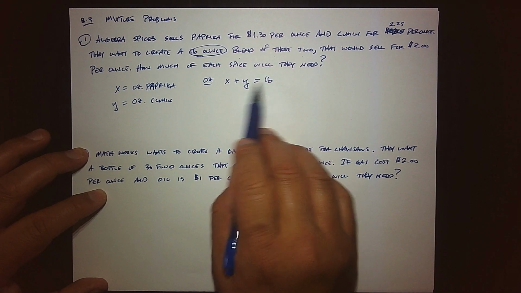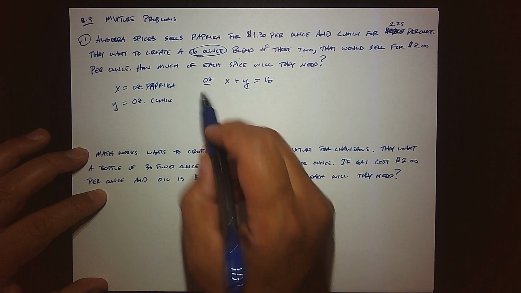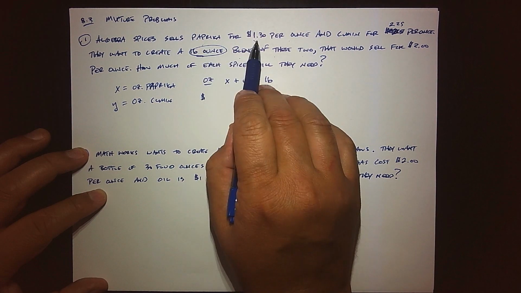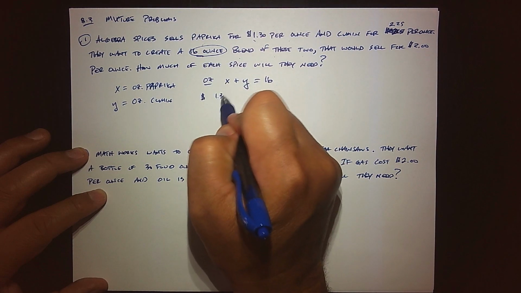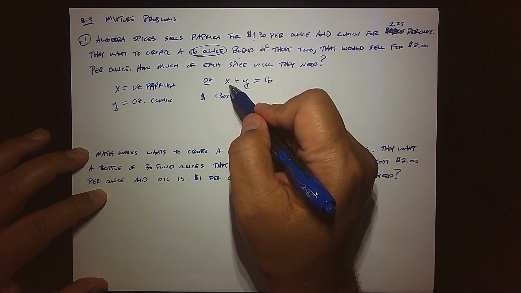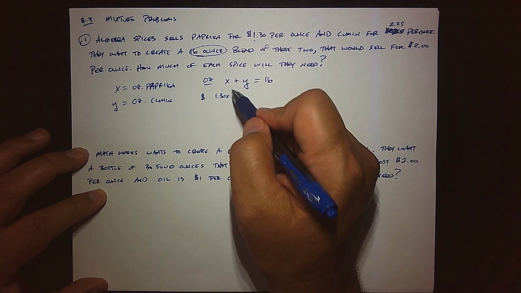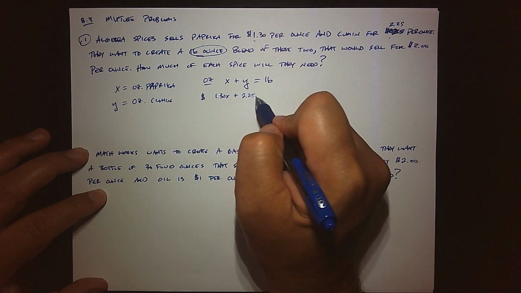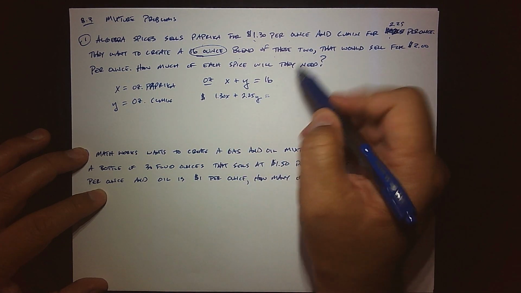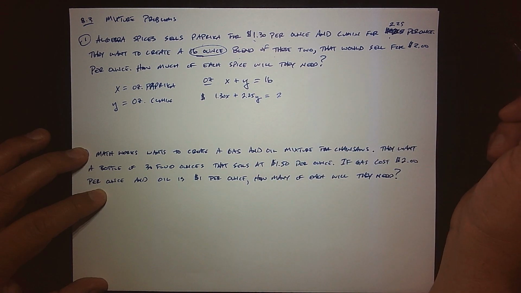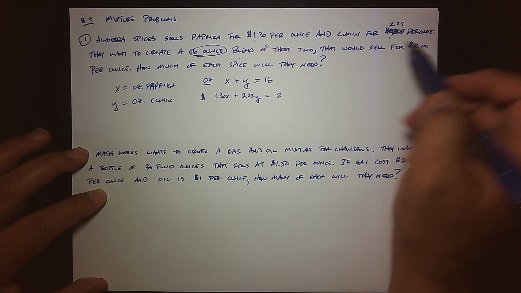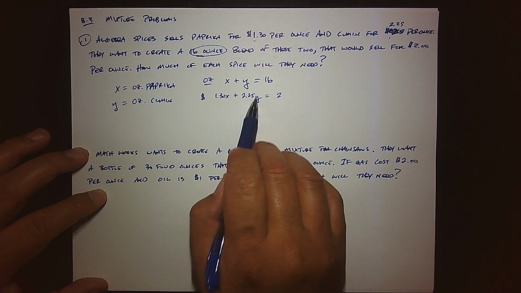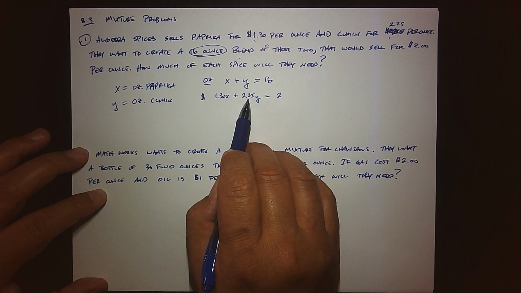So ounces plus ounces equals ounces. So good to go. Now we're talking their strengths, right? So we're talking a dollar amount. So each ounce of paprika costs $1.30. So that's $1.30 times X, because we have X amount of ounces of paprika. What about the cumin? Well, it costs $2.25. So 2.25 times Y equals, now a common mistake for students is to write 2. But we have to be careful, right? Because we're talking about the total money generated from the paprika, the total money coming from the cumin, and it